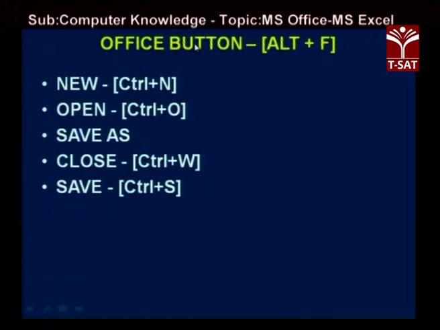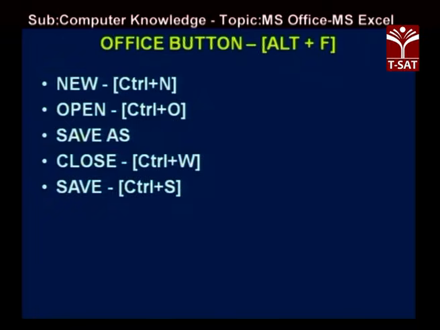Next, Office button. Office button consists of New, Open, Save As, Close and Save options. Save As and Save are different. Save As is for creating a new file name, Save is for an already existing file name, we just add